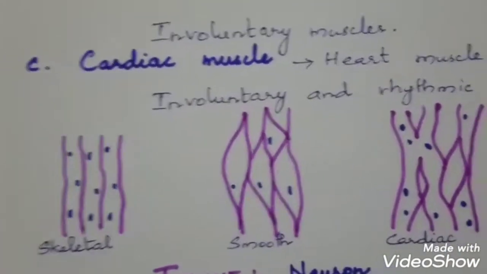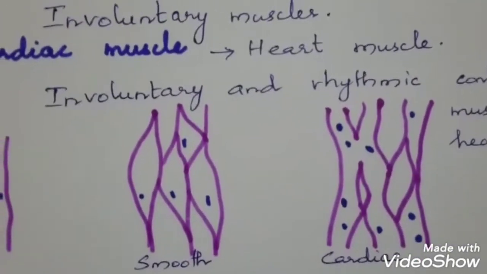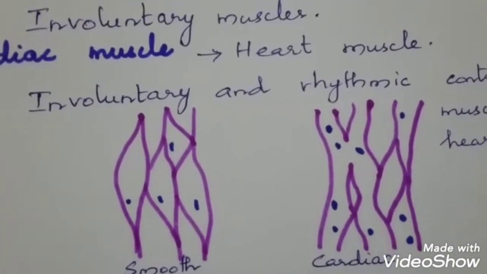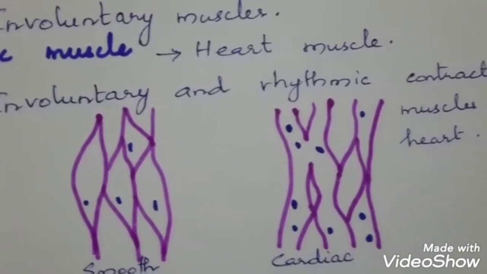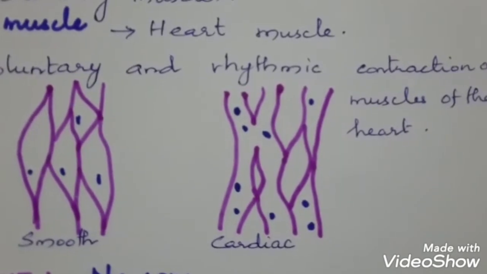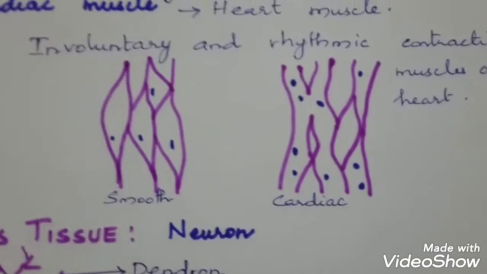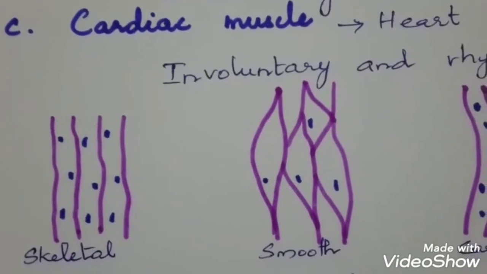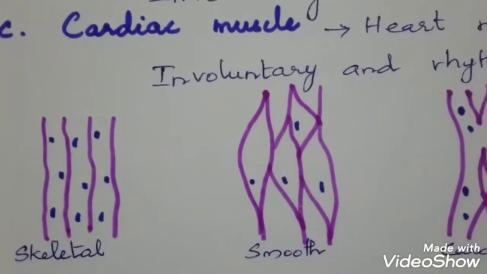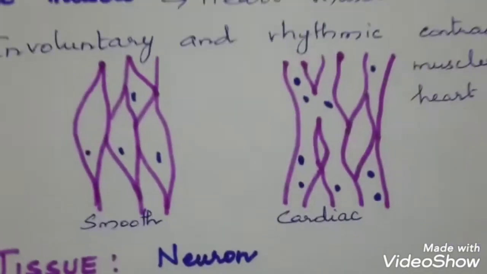Striated muscles are known as skeletal muscles. They are straight and very hard. The smooth muscles are broader in the center and taper towards the end, so they are known as smooth muscles. And cardiac muscles look like striated muscles, but in the center they look like smooth muscles. And they are multinucleated. Both skeletal and smooth muscles are uninucleated.